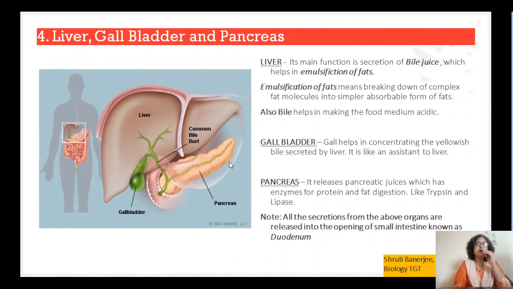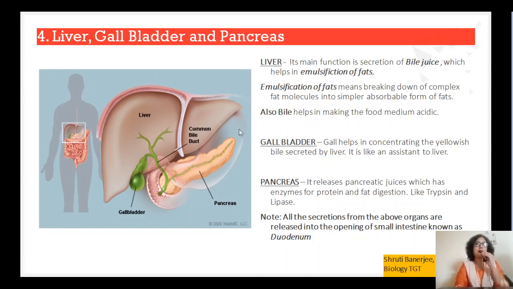Now see here in this structure, this is the liver, and with the liver there is another structure stuck to it like a climber, a small globular bulbous structure, that is the gallbladder. You can see vein-like channels coming from the liver, and there is a channel meeting again with the common channel of the liver. So here the juices are coming from the liver and here the juices are coming from the gallbladder, and they meet and finally release into the duodenum of the small intestine.